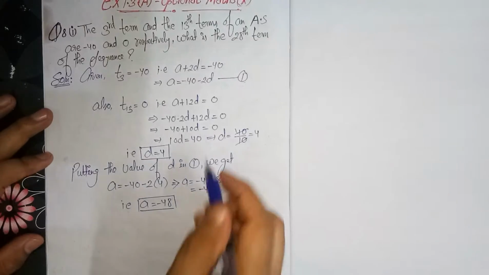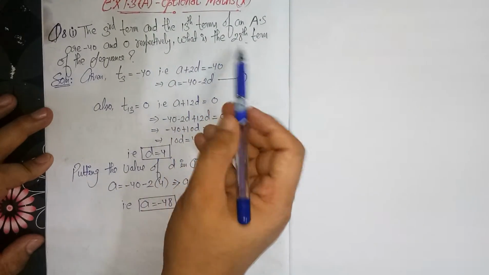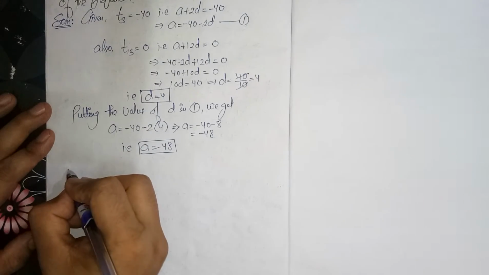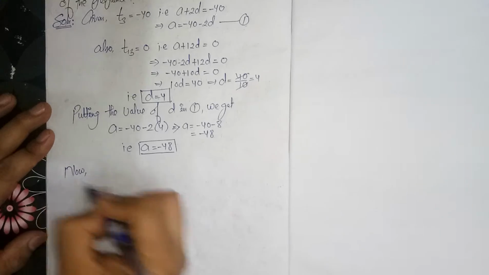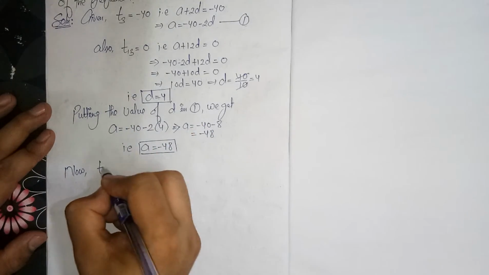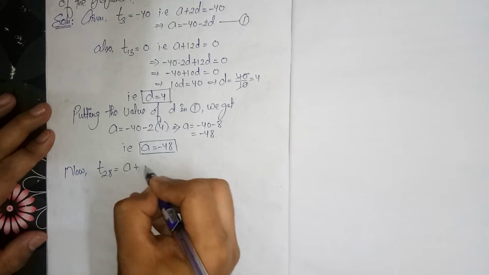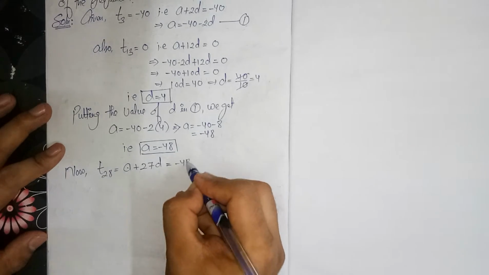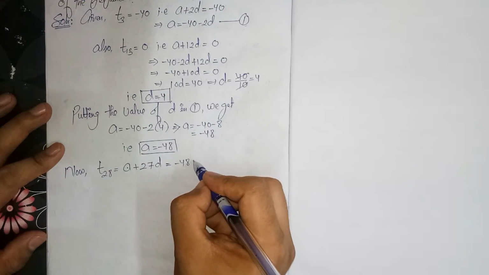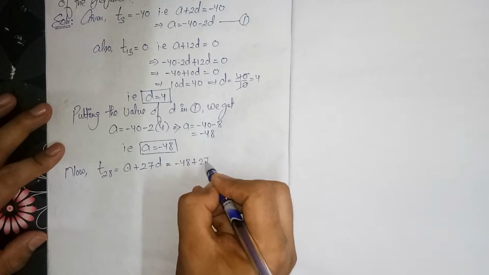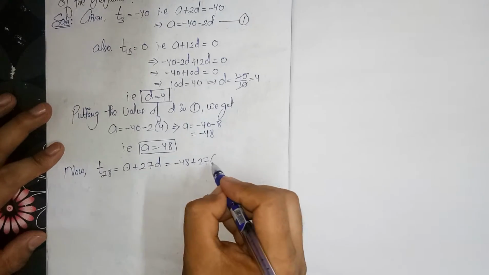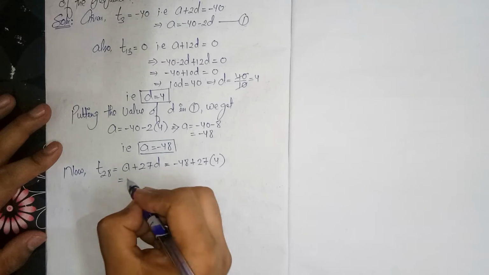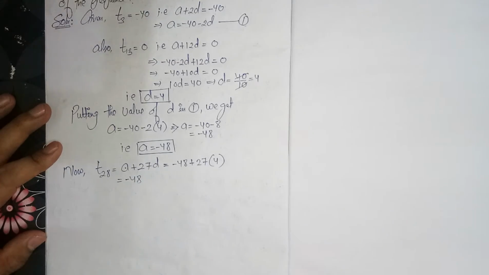Now what the question is asking is to find the value of 28th term. Okay, 28th term, that is t28 equals to a plus 27d, right? Now this is equals to a is minus 48 plus 27 multiplied by 4. So this is 27 multiplied by 4, implies if we solve this one, minus 48, and this is